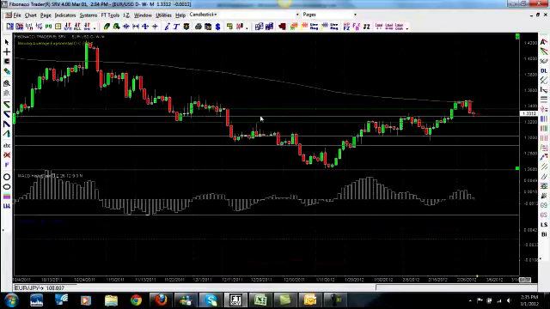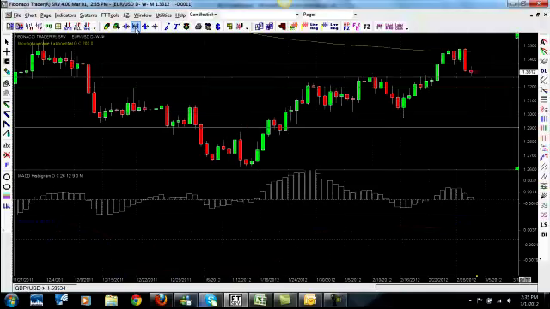The Euro USD. You can see that it was channeling in here for a while. We had a lot of buy and sell opportunities in here. We did very well in this pair, and then it broke out. We ended up getting stopped out of a trade, and now if we zoom in here,